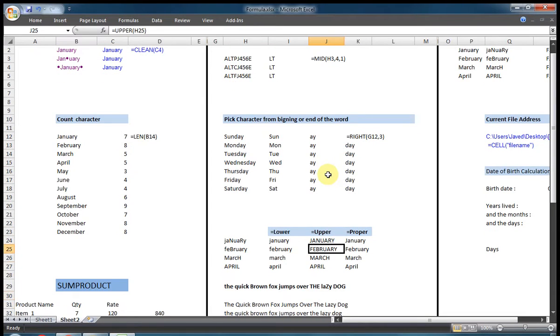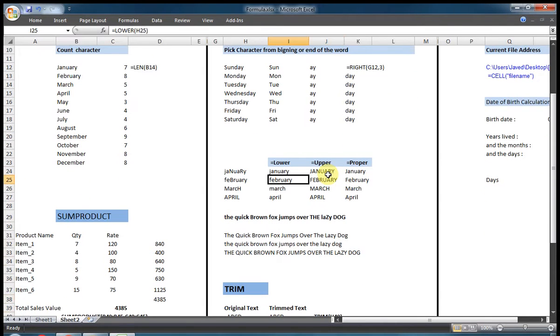Sometimes we export data and the text case is inappropriate. You can use equal LOWER, equal UPPER, equal PROPER on this data. Sometimes we have a sentence, and you can convert it with PROPER and LOWER, and it will also work.